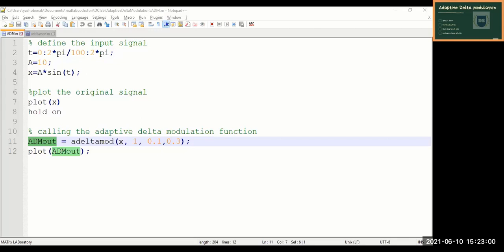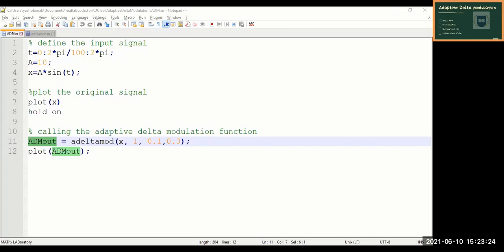In fact, it's a zipped file. So all you have to do is click on it and download this adaptive delta modulation zip file by hitting on these three vertical dots, followed by open in new window. Only then you'll get the option to download this file.